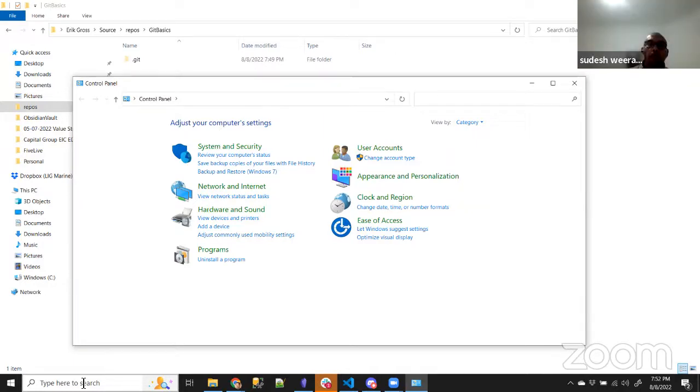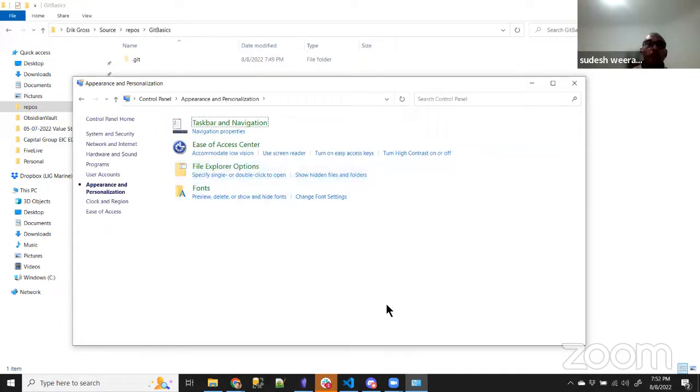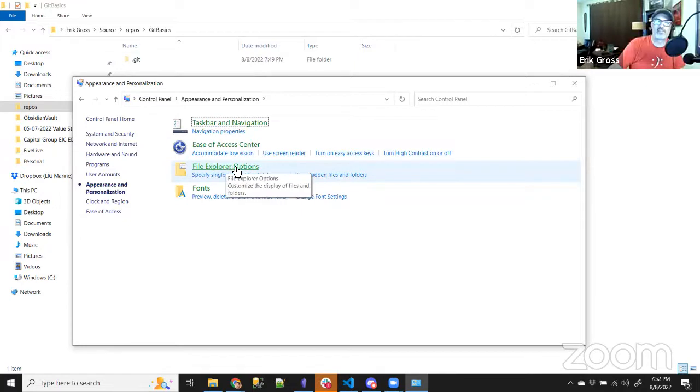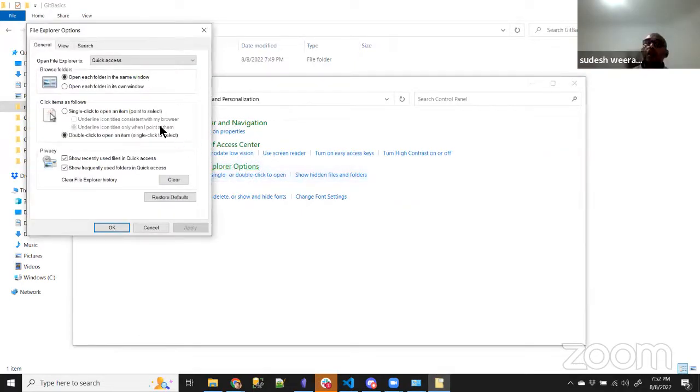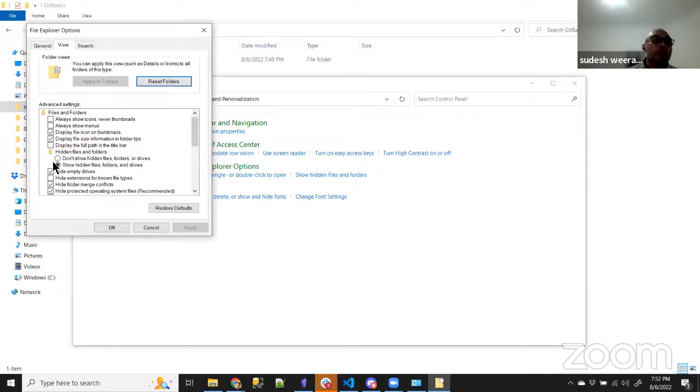Okay, do you see Appearance and Personalization? Click on that. Click on File Explorer options. Go here to View. Find this thing that says Hidden Files and Folders. You have Don't Show checked, correct? Change it. And then